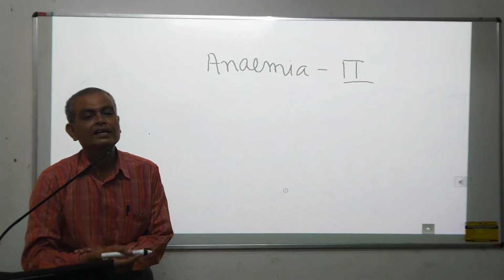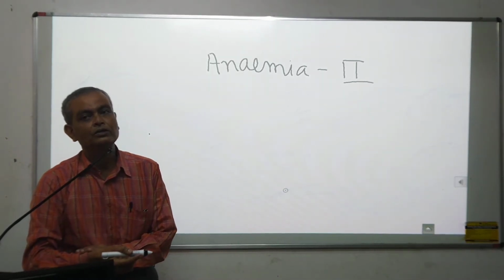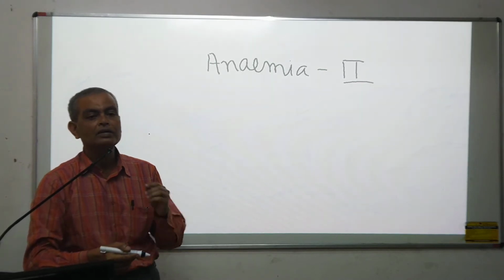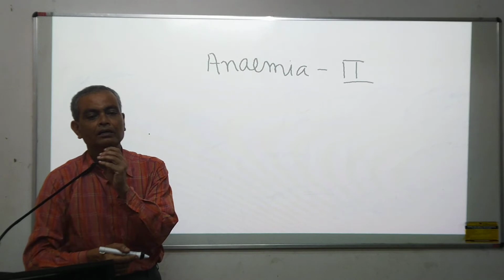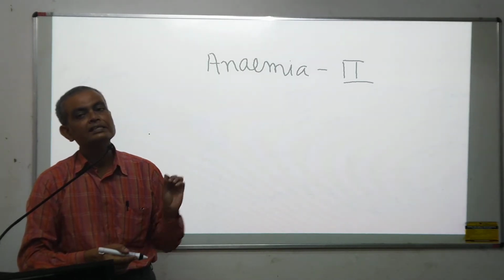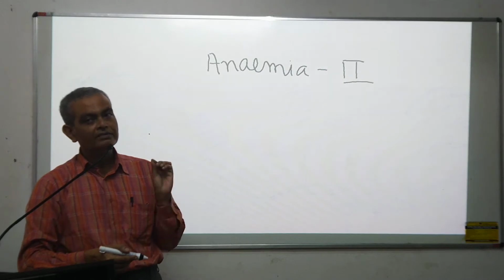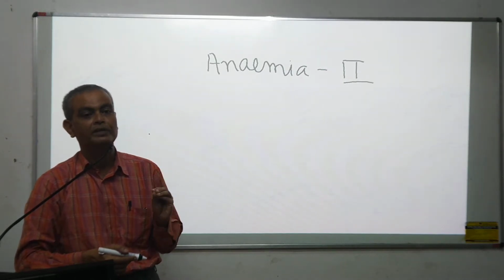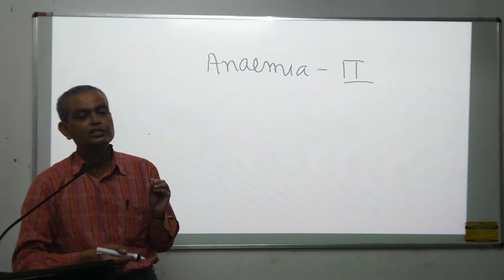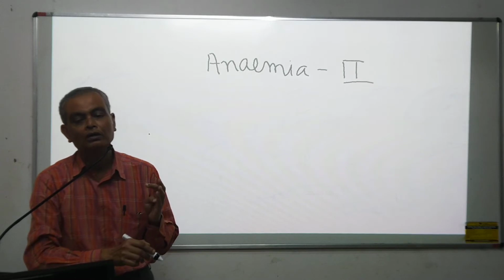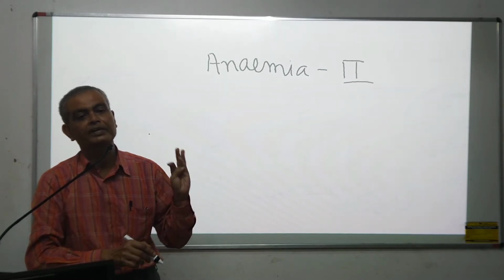So let us start the second part of anemia. In the last class we discussed only the classification of anemia. Now we will discuss some other parts. In the last class we gave our study, which is known as the morphological classification of anemia, and we expected that in morphological classification you know the three basic parameters.